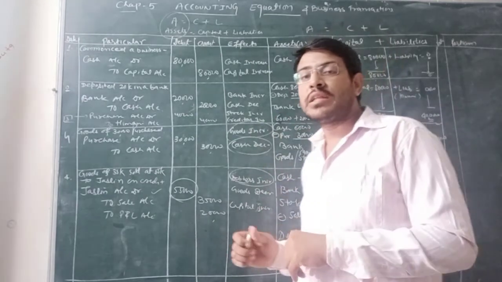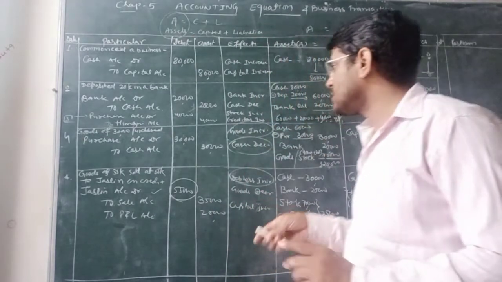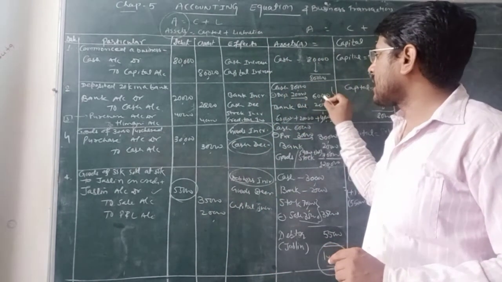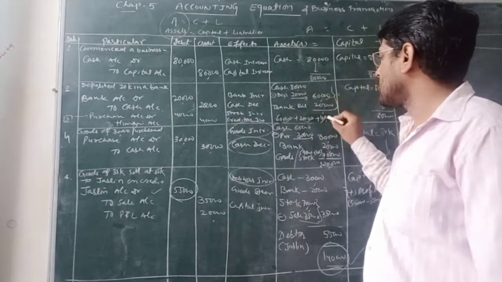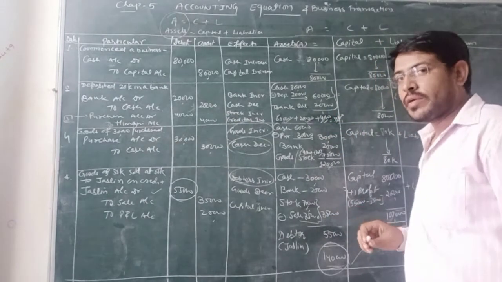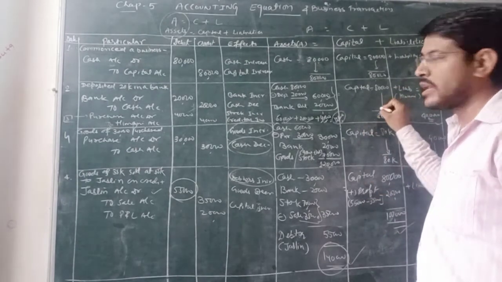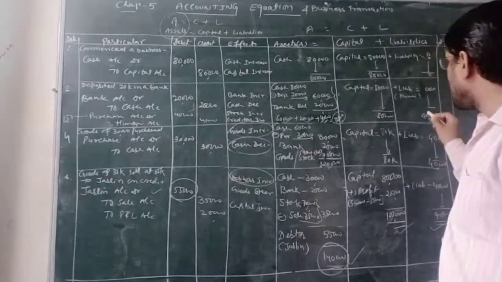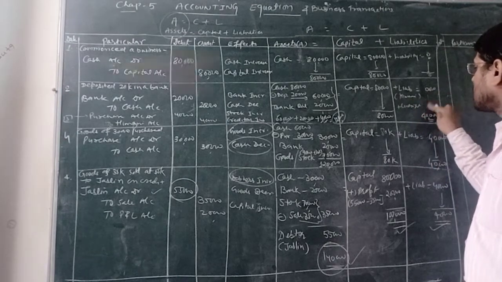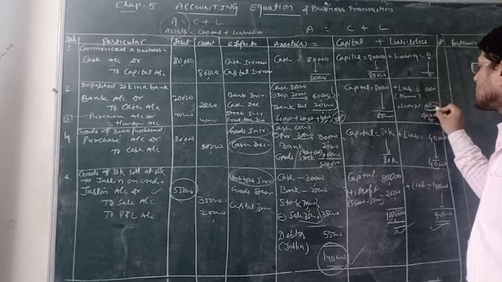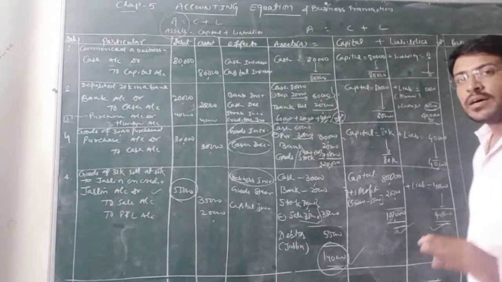So definitely when there is a credit transaction, liability will increase, our creditors will increase. So you can see over there 60,000 will remain as cash balance, bank balance 20,000, and we have purchased goods of 40,000. So in this way our assets column will total 1,20,000. On the other hand, capital has no effect, it will remain the same 80,000. While in the liability section we have purchased goods of 40,000, so liability will increase up to 40,000. Is it clear?